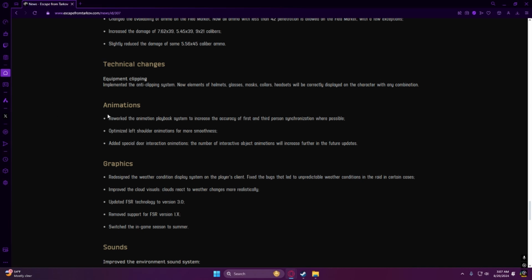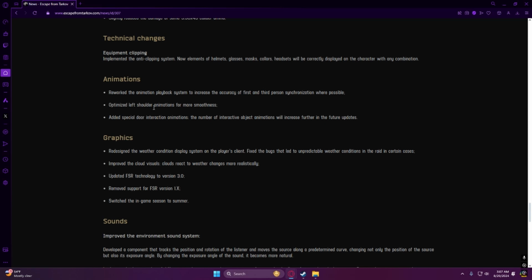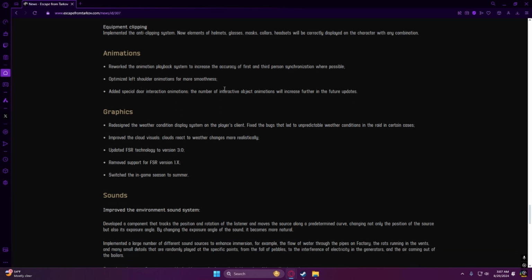Animations: reworked the animation playback system to increase the accuracy of the first and third person synchronization where possible. What is that? Is that just when you go into hideout and it zooms in over you? Optimize left shoulder animations for more smoothness. Oh, okay. I'm gonna have to rebind that then. Added special door interaction animations. The number of interactive objective animations will increase further in future updates. So we're smoothing things out. We're getting our like functionalities,